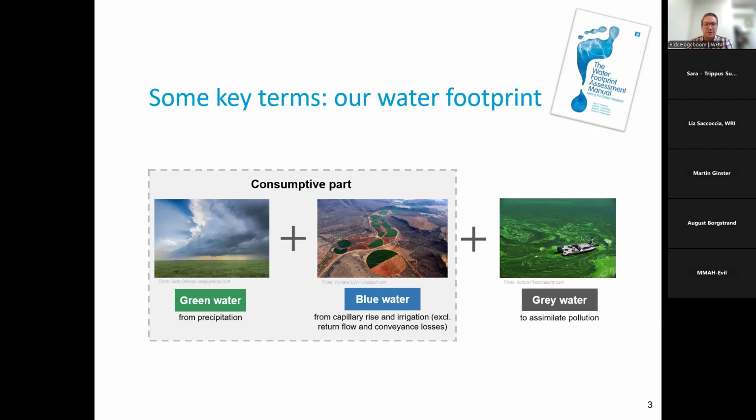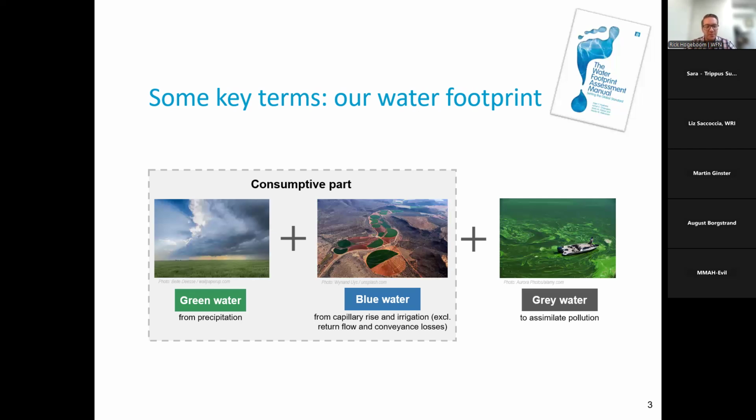For those of you who are familiar with the history of virtual water, the concept and the study of virtual water, you will know that the late Professor Tony Allen dubbed the term virtual water first already many, many years ago. And it was popularized by the other late professor, Professor Arjen Hoekstra, who built it into the water footprint concept and the methodology to assess water footprints. And although these two intellectual giants, I may say, are no longer among us, their ideas are still here for us to benefit from. I don't have time to go into all the details. For that, I refer you to the Water Footprint Assessment Manual available from our website, waterfootprint.org.